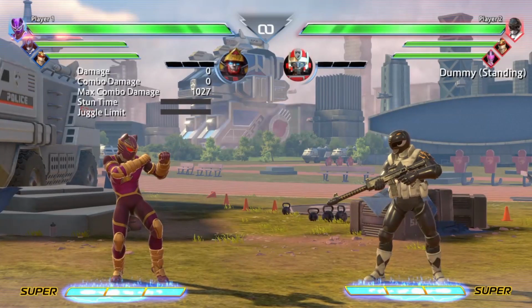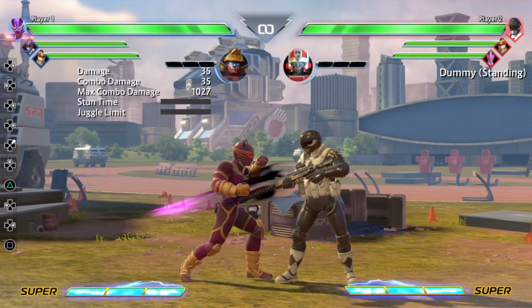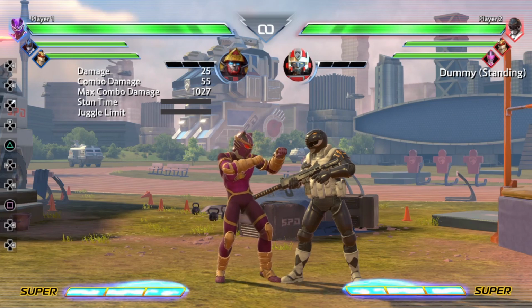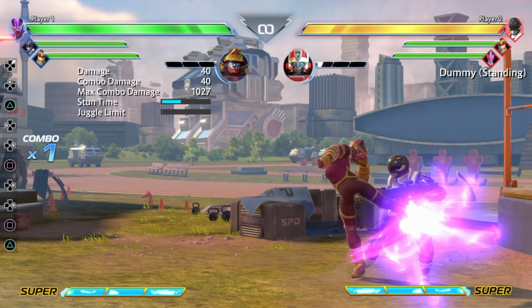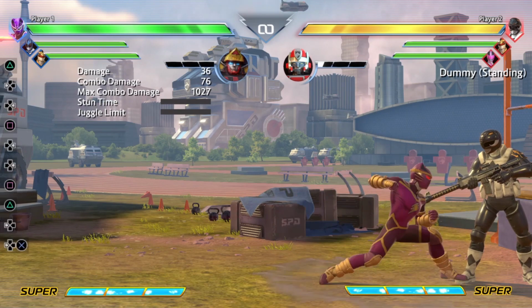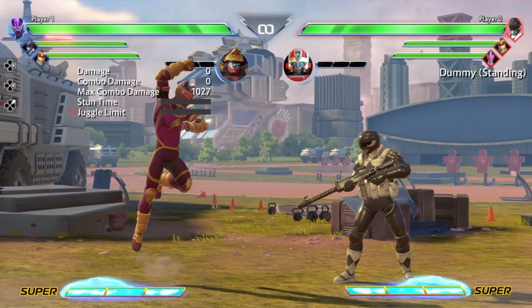But basically what will happen is you can actually do this from either a jumping medium, or you can do this from a standing light, but you'll do the first hit of standing light, the first hit of standing medium, and then you'll do backswing bite from there. So you'll get this. Or you'll get...